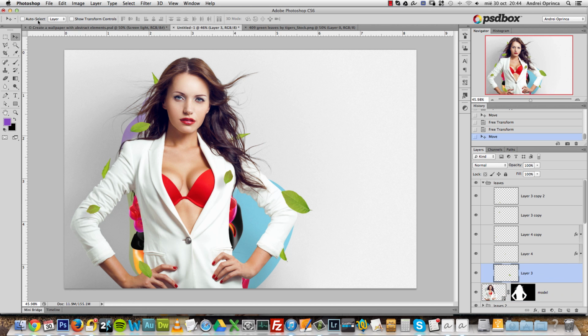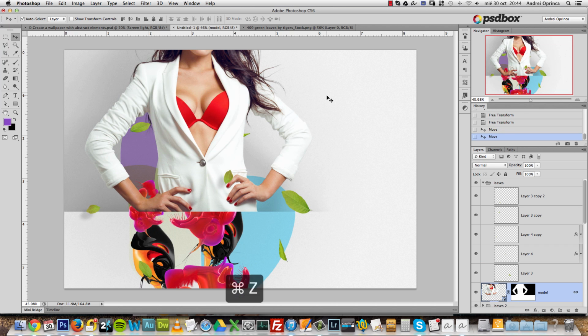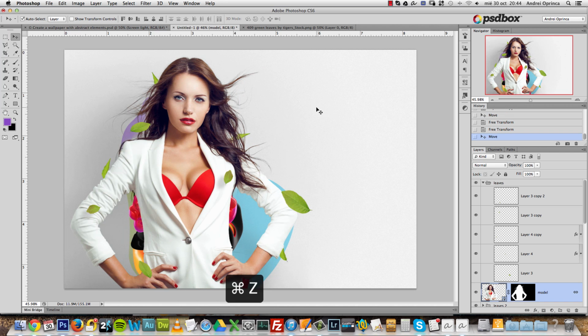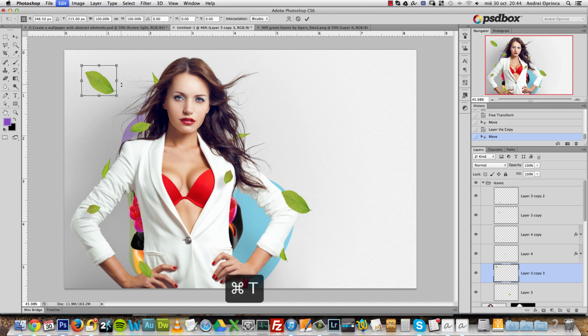You can check auto select, but I don't like it. What this does is when you click, it will select the layer. But I don't like that because sometimes you move things out of their place without noticing it. So that's why I like to have this unchecked and press and hold the control key when I want to move it. Okay, so what I'll do is duplicate this, move it, for example, right here, make it probably a bit bigger,